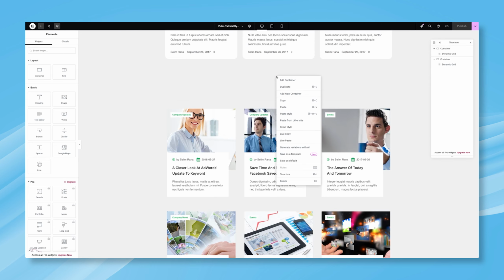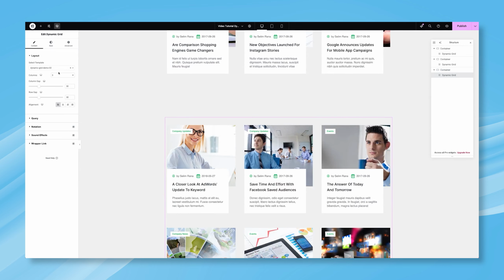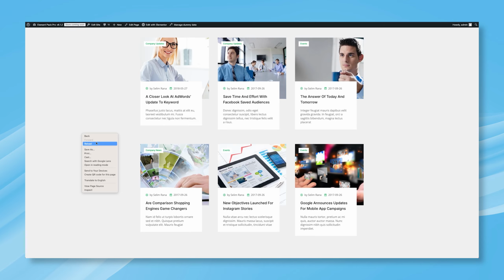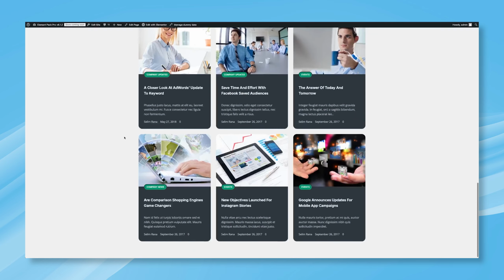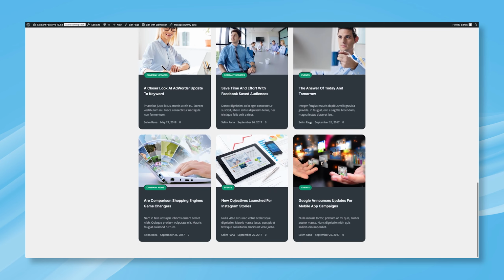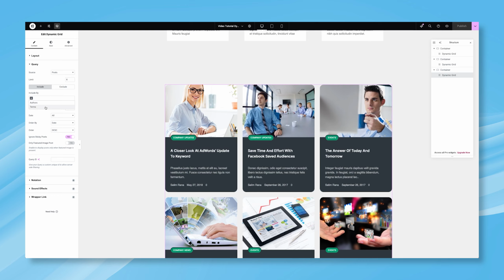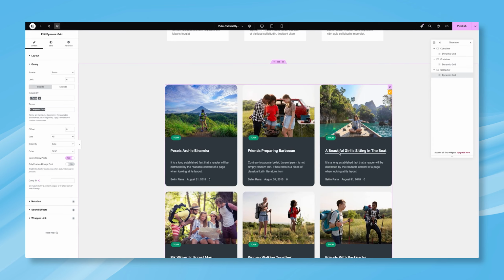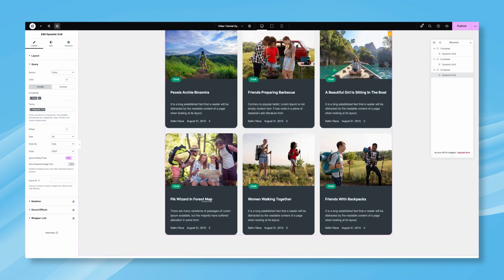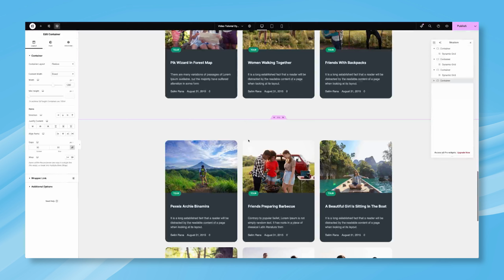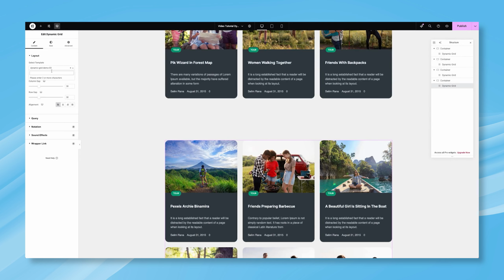For example, duplicate the second design, assign the duplicate as Dynamic Grid 3, and then adjust the design once more. Publish and refresh, and the third design will appear alongside the others. Each design can be customized at any time, so you have complete freedom to experiment with layouts and styles until you achieve exactly what you want. In this way, you can create multiple template variations, each with its unique design, simply by duplicating and modifying the